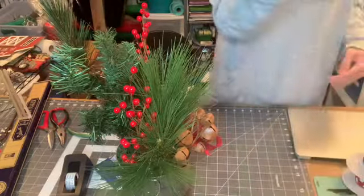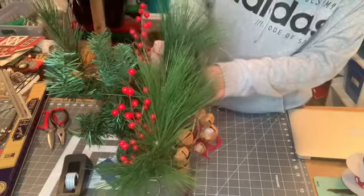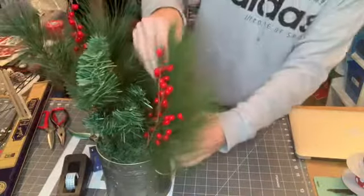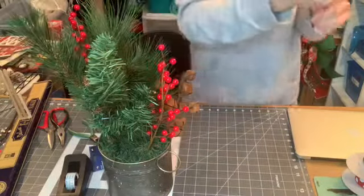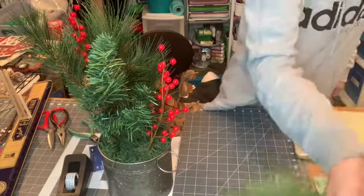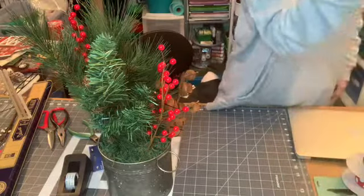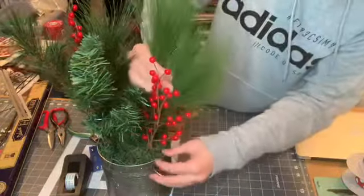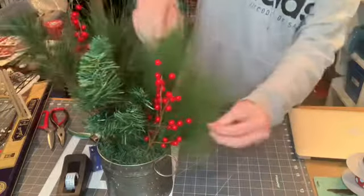Now, if you don't want to glue them in, you'd rather just keep them so you can take them out, maybe because you're doing this for your house. This is a great example. I've seen people do this, and it's a great idea. For me, it wouldn't work because I sell my items, but if you're wanting to make a floral arrangement for your own house, and you have a more country-themed home decor,